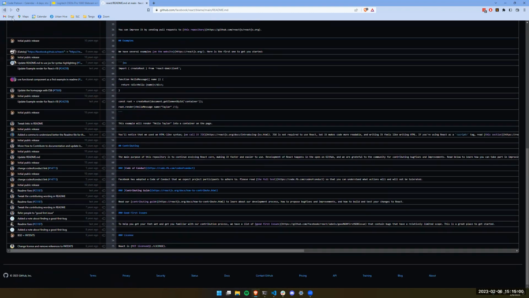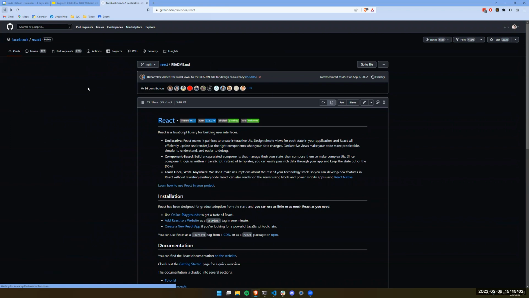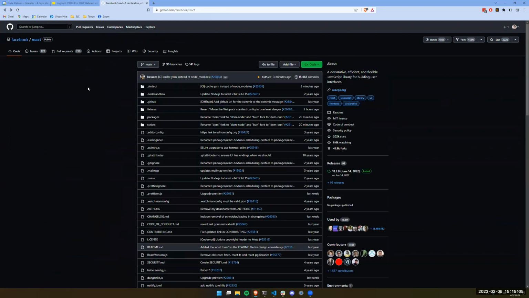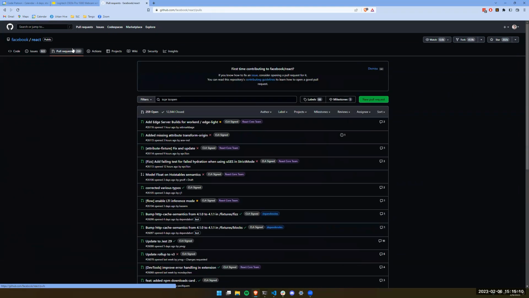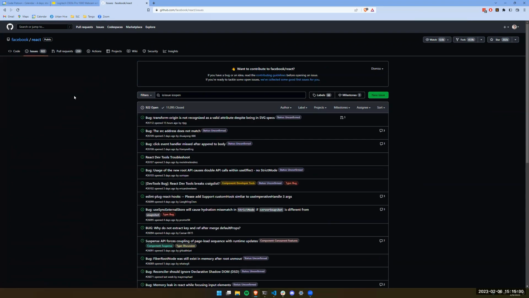GitHub is a really good tool for seeing visually what the collaborative nature and history of these tools are. So you could see, this is a living project. This is huge compared to any normal project, but there are currently 259 unique features in some kind of waiting zone that have not yet been merged into the main thing. But people who work at Facebook, I guess, are working on it. And there's 922 issues that people have brought up that people want fixed. But 11,095 have been closed, not necessarily solved.